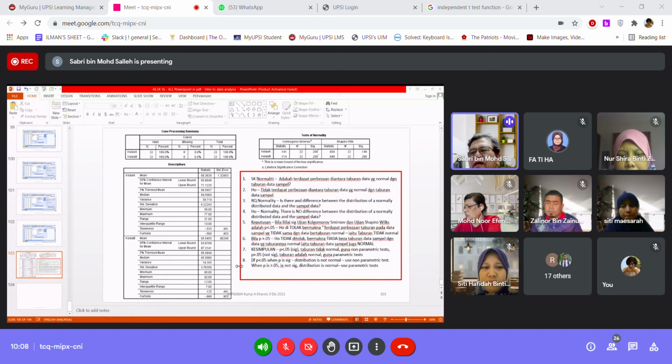Now we'll go for the paired t-test dengan Wilcoxon. Okay, can I ask you to run the test yourself? Do a paired t-test, then followed by a Wilcoxon. You have the data, you have the SPSS PowerPoint. If you still don't understand,